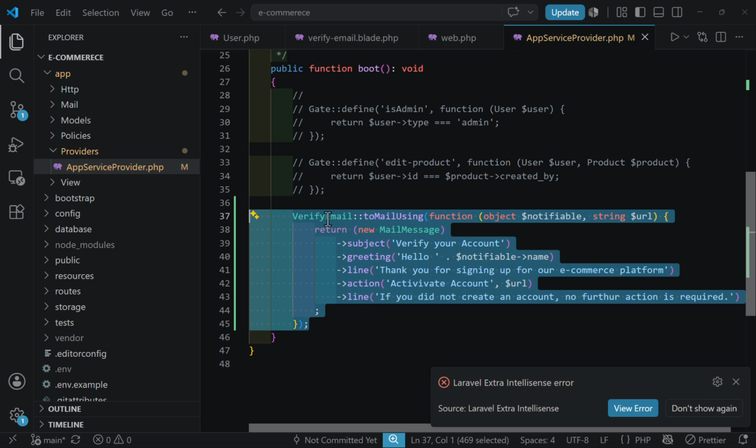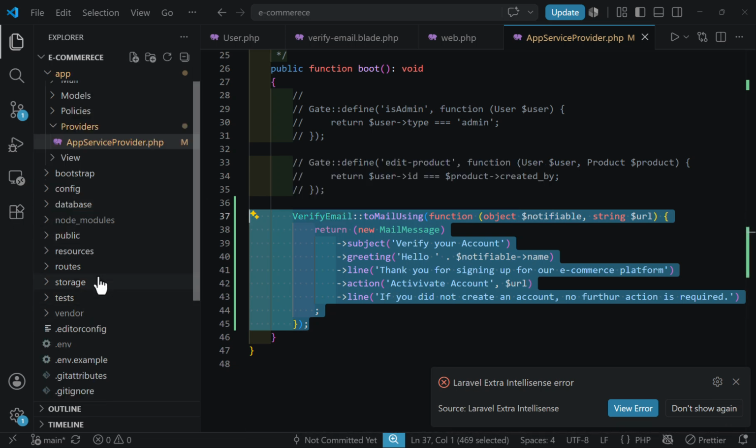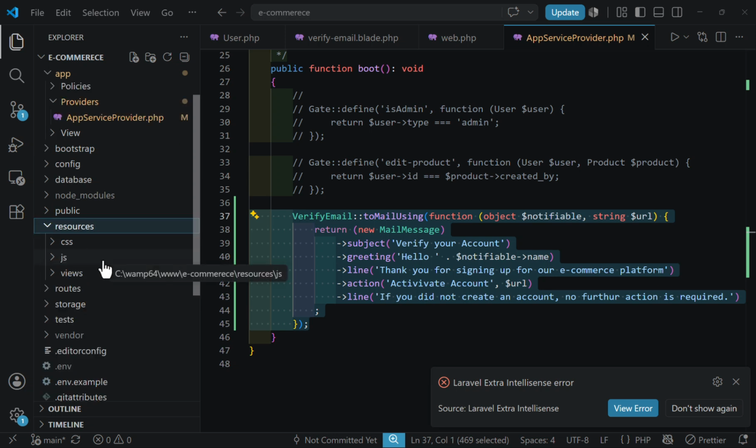So for that, if you want to create a fully customizable email, let's go and create a new blade file